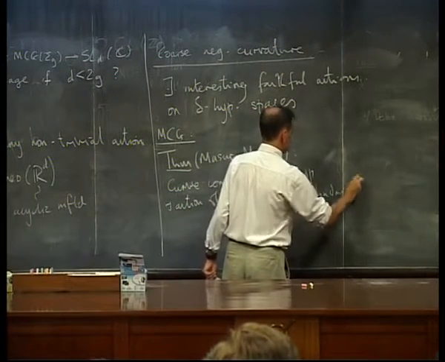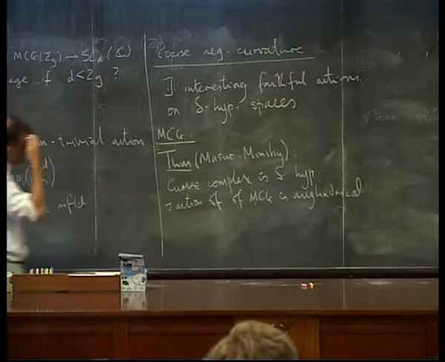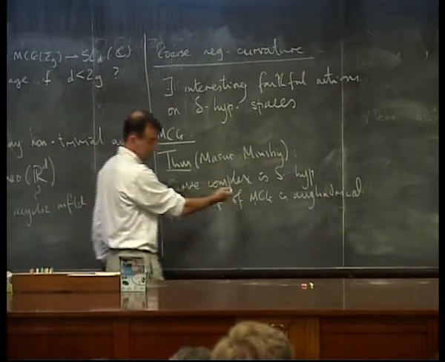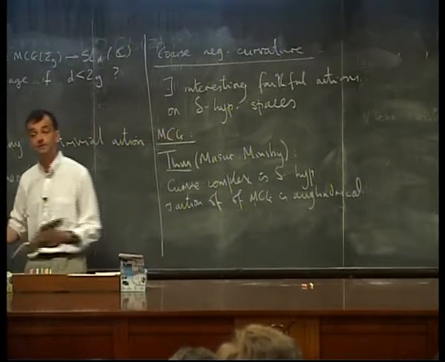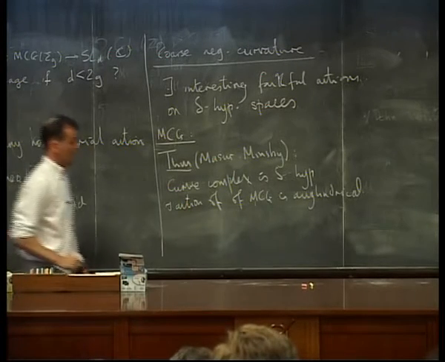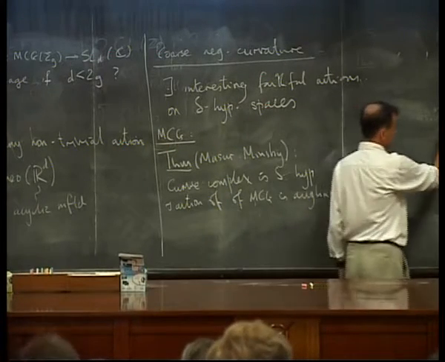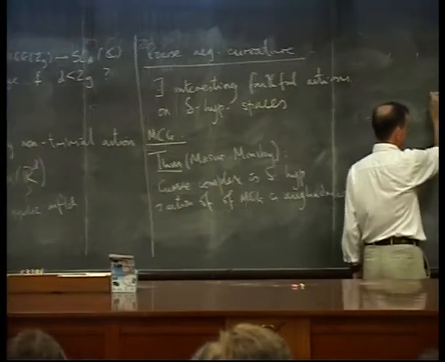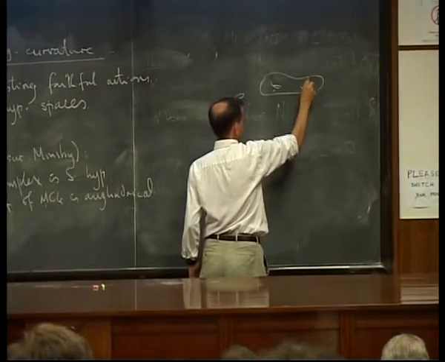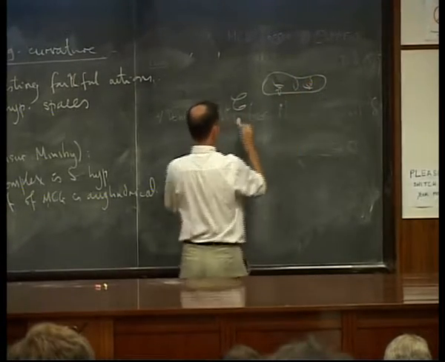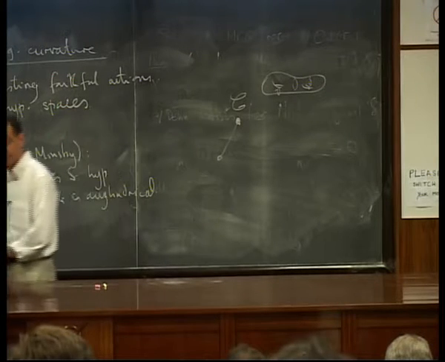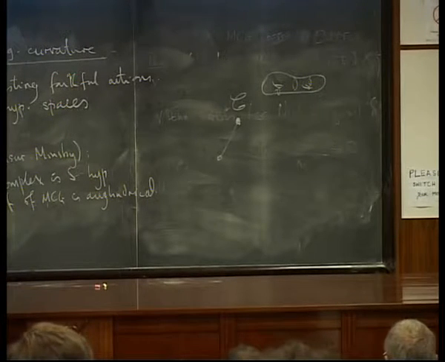Now, what does that mean? Well, what matters here for us is this curve complex is some locally infinite simplicial complex that's made up of curve systems. So a vertex in this complex is some curve system, like I was talking about before. And if two curve systems can be placed disjointly on a surface, then you join them by an edge, and that gives you a graph, the one skeleton of this curve complex. And that's a delta hyperbolic space.